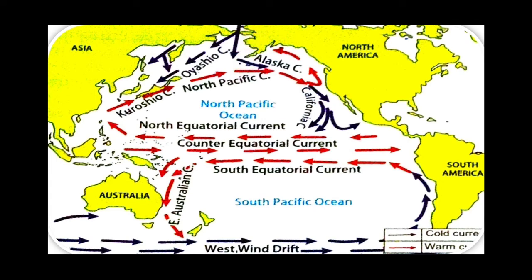It is cold in nature and it flows southward. It flows southwards along the coast of the Kamchatka Peninsula. So this is the Kamchatka Peninsula, as it is surrounded by water on three sides. So the Oyashio current flows along it and also along the Kuril Islands. So like that, it flows along the coast and it brings cold water and icebergs from the Arctic Ocean to the coast of Russia and Japan. So to the coast of Russia and Japan, it brings icebergs as well as the cold water from the Arctic region.